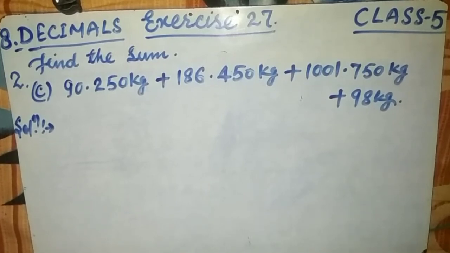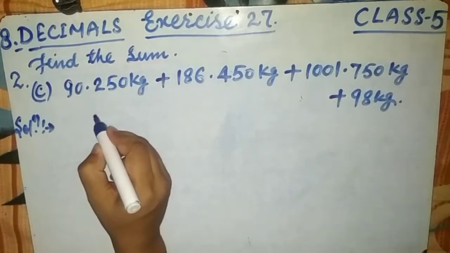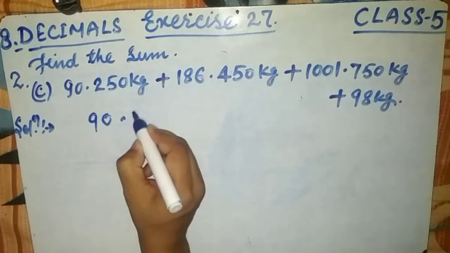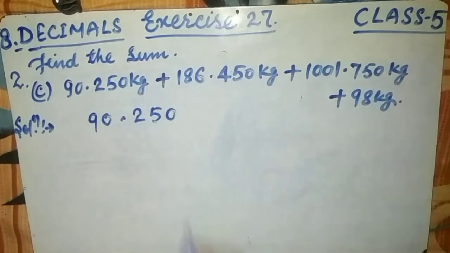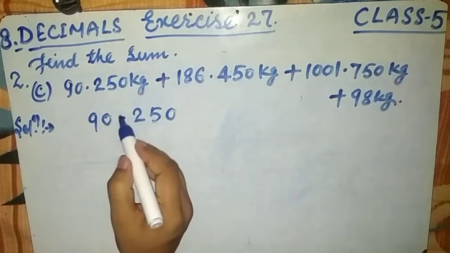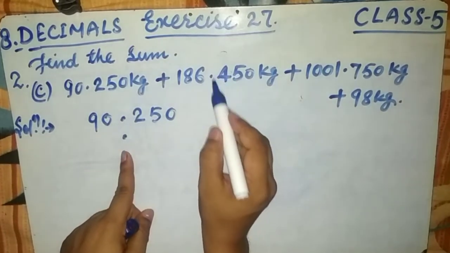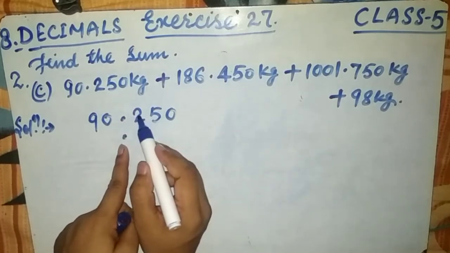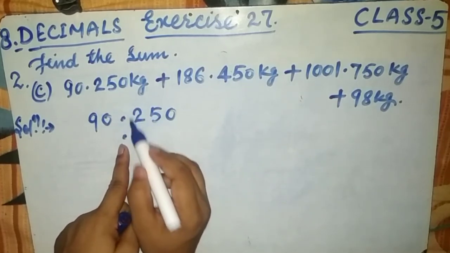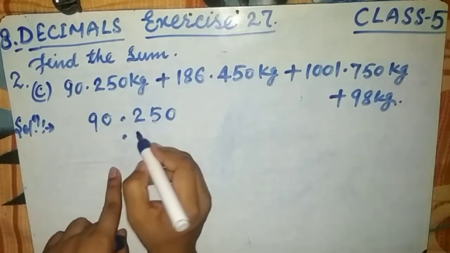Now here friends, same, we have to arrange all these decimal fractions, all the numbers, column-wise. First, 90 is as it is. Here is the decimal point and 250. First we have to place the decimal point, and all decimal points should be in a straight line. Afterwards there is one digit, 4. Now we have to place from here. Here is the 2, the tenths place digit, so this is also tenths, so tenths place digit should be under tenths. This 4 is as it is.